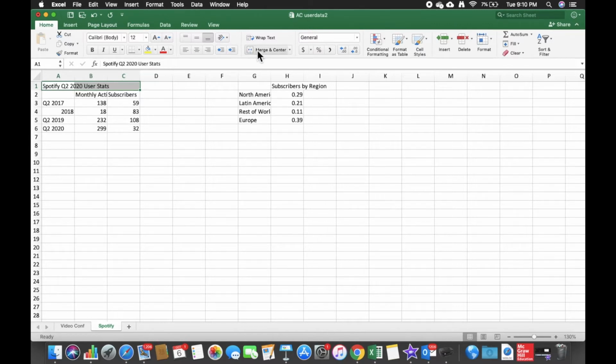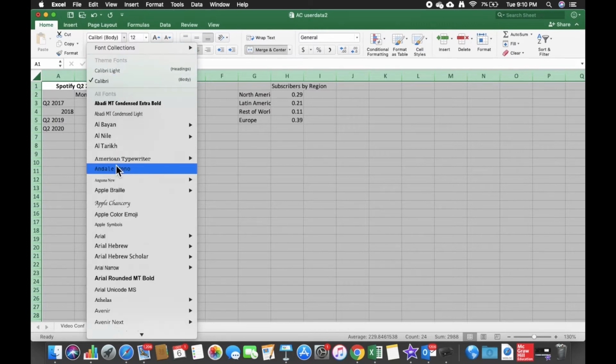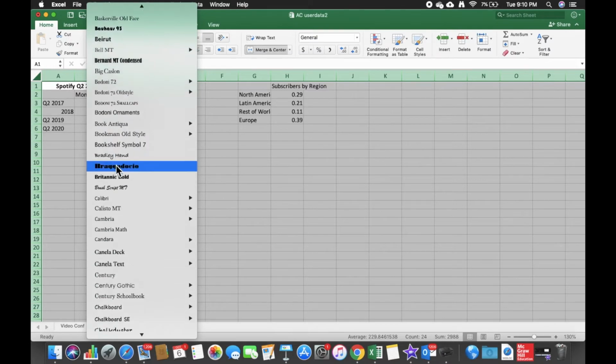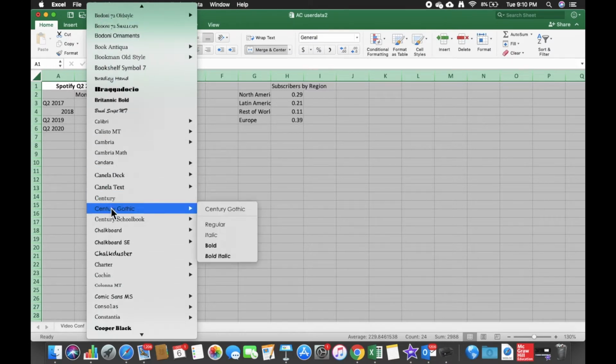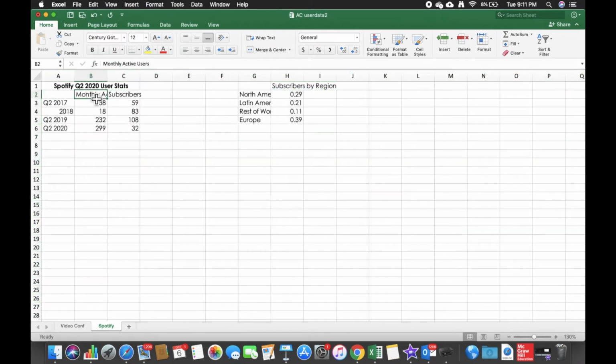merge and center, bold it. For the whole sheet, we're going to click here between A and 1 and go ahead and change your font. You choose. I'm just going to choose a real quick one here. All right. For our column headings, we're going to wrap the text, bold it, center it, and fill it a